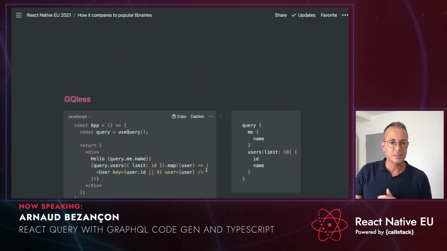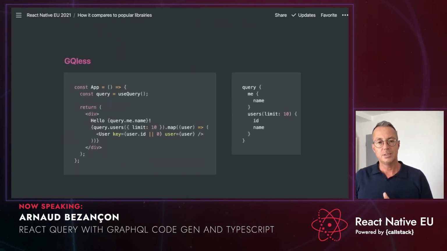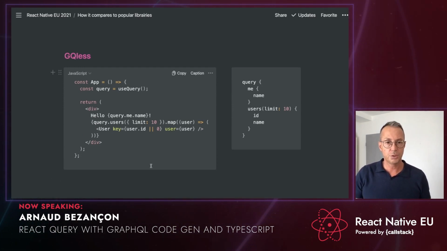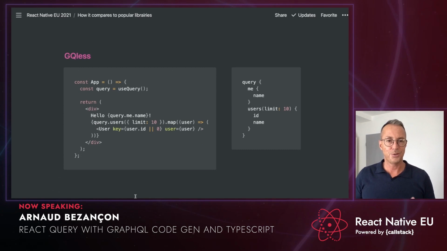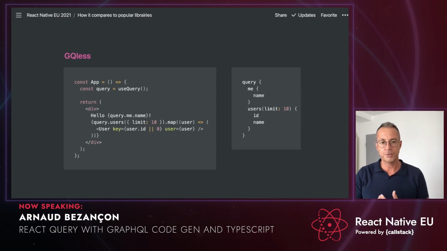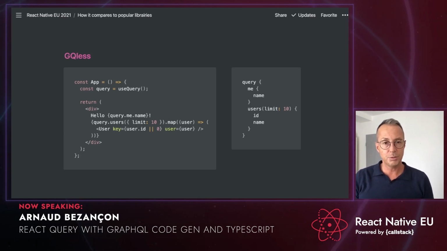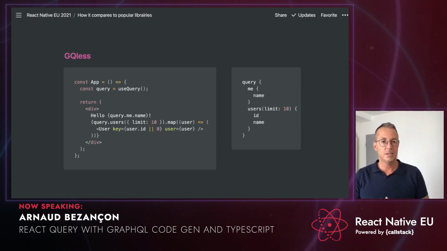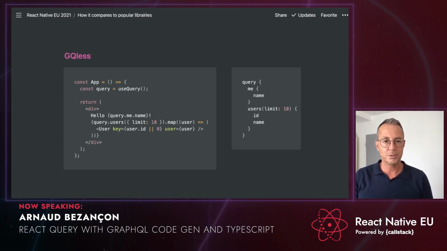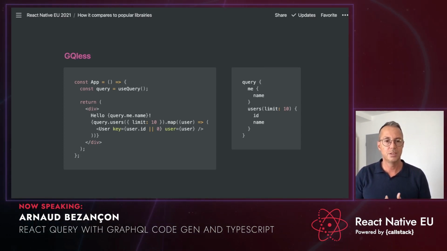And the last one is GQLS. So it's a very, very interesting one because you don't have to create your query before. You just have to code and use your query, and it will automatically generate your GraphQL query. So it's brand new. It's very interesting. Maybe if you want to go very fast and don't bother with creating your GraphQL queries and mutations elsewhere, just use your query and it will automatically generate your GraphQL queries. So I think it's a great